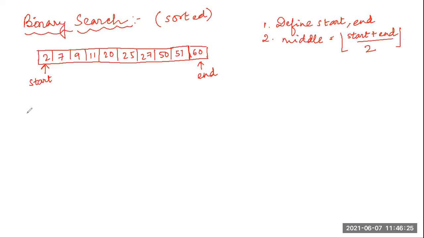Suppose I am writing the index locations over here. So this is my index location. According to my values, my start is at which index? 0, ma'am. And my end is at location? 9. So 0 plus 9 is 9, and 9 by 2 will give us